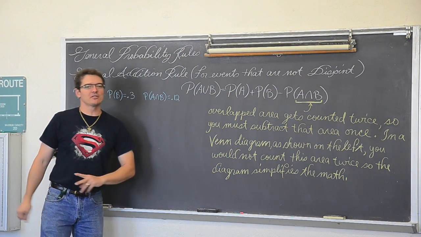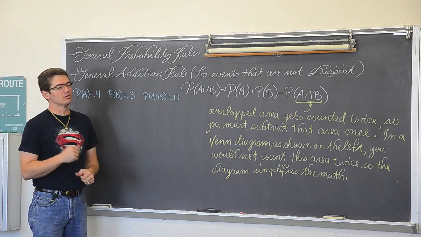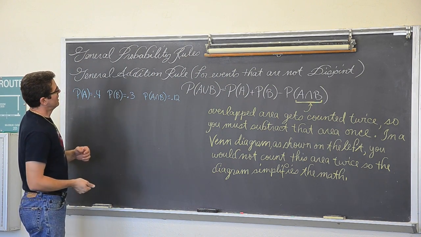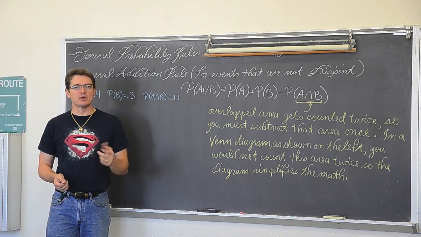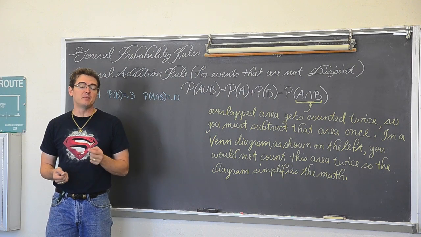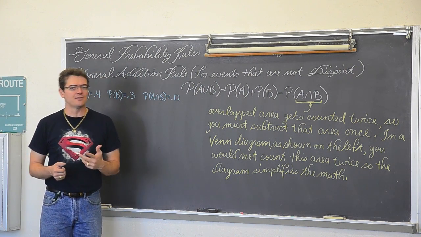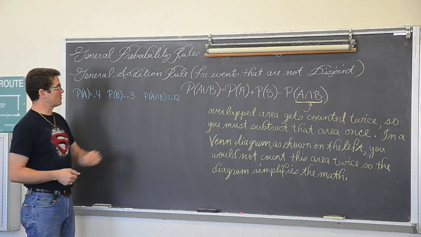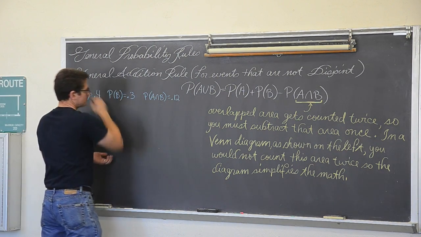We're going to finish our introduction to probabilities and start talking about the two general rules of probabilities. You know how we say "or" means add, but that's only if the events are disjoint. So the probability of A or B equals the probability of A plus the probability of B if it is impossible for those two events to occur together. Well, if it is possible for them to occur together, we need the general addition rule.